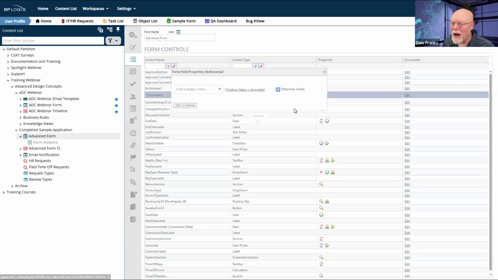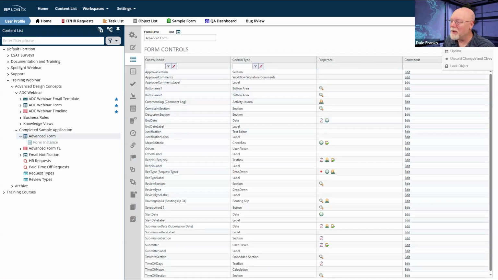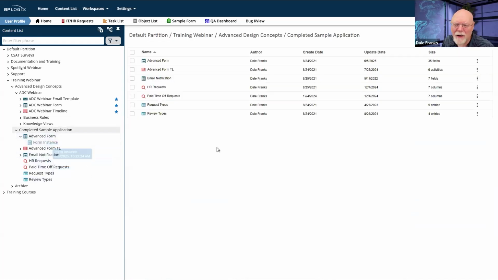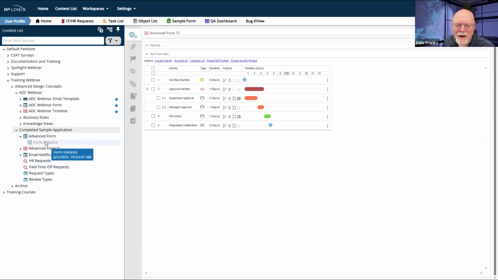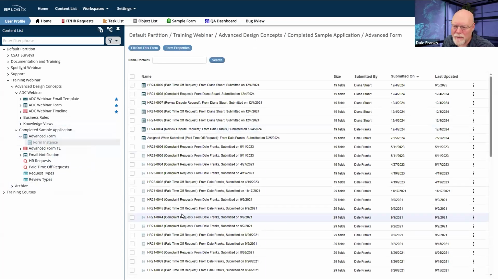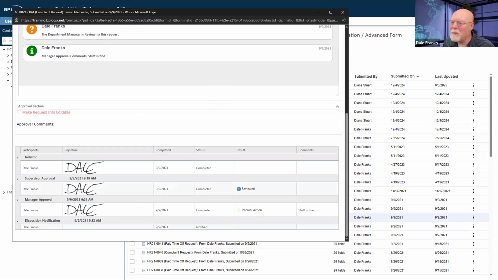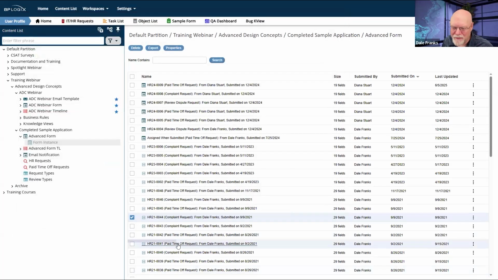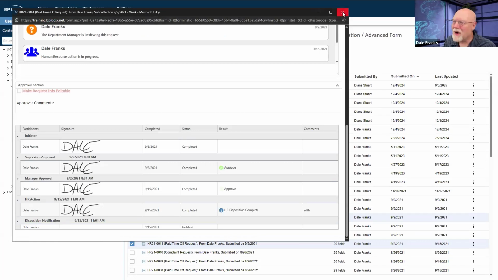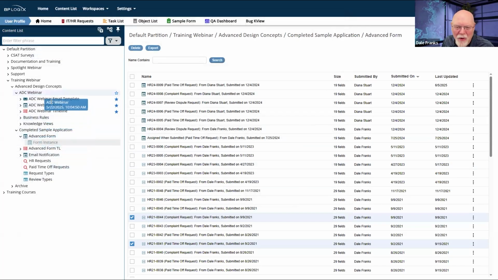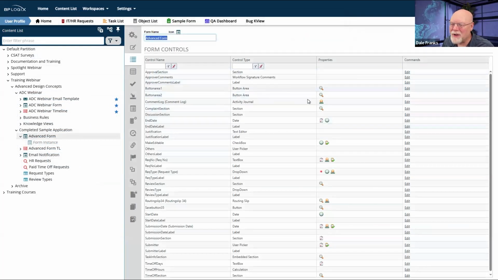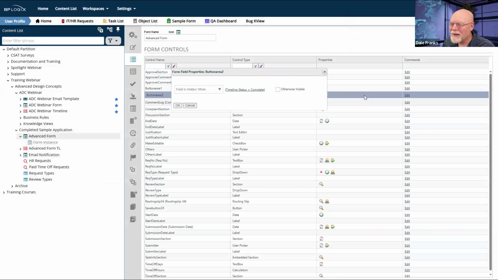Otherwise visible. I don't know that those timeline statuses are complete, however. I mean, they should be because I canceled them, but just trying to figure out what I want to see is my cancel button on the form. Let's try again. Okay, still got no buttons showing. So got my configuration wrong somehow. And I don't want to spend too much time on it because it's not super important.